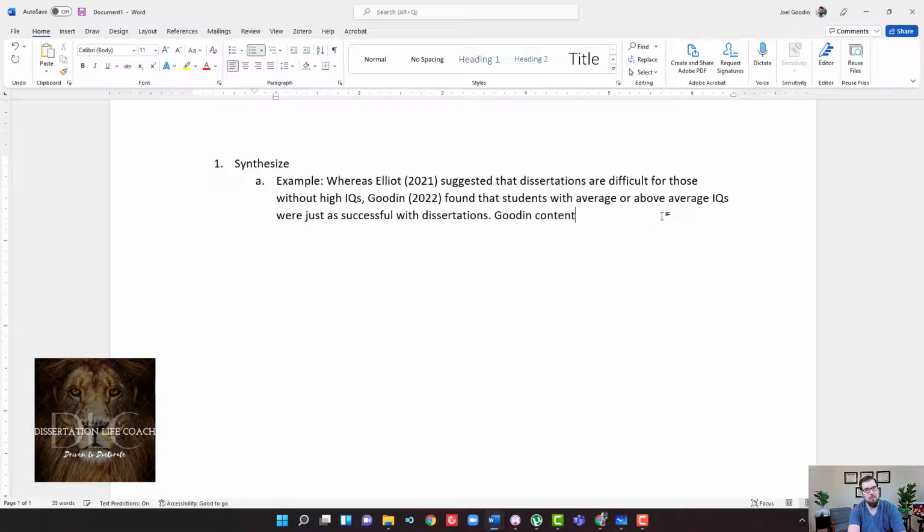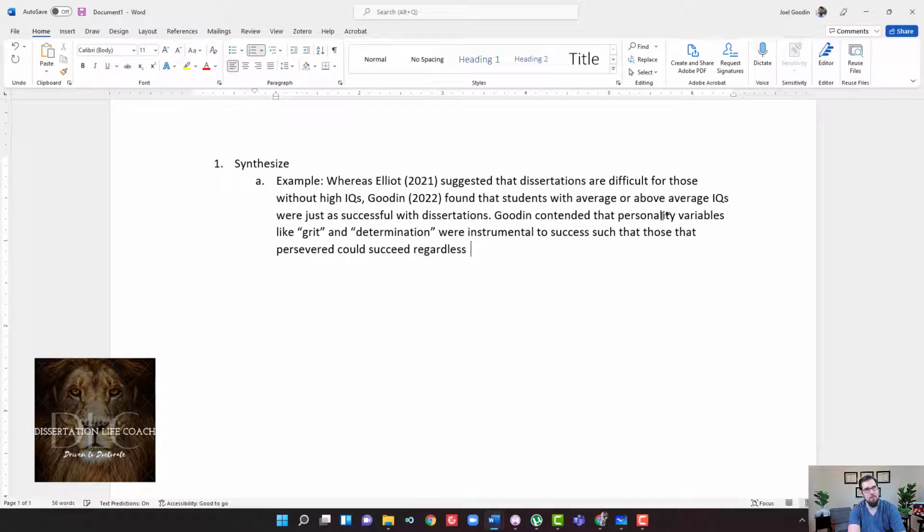Gooden contended that personality variables like grit and determination were instrumental to success, such that those that persevered could succeed, regardless of higher IQ or lesser IQ, as long as a sufficient level of capability was met.